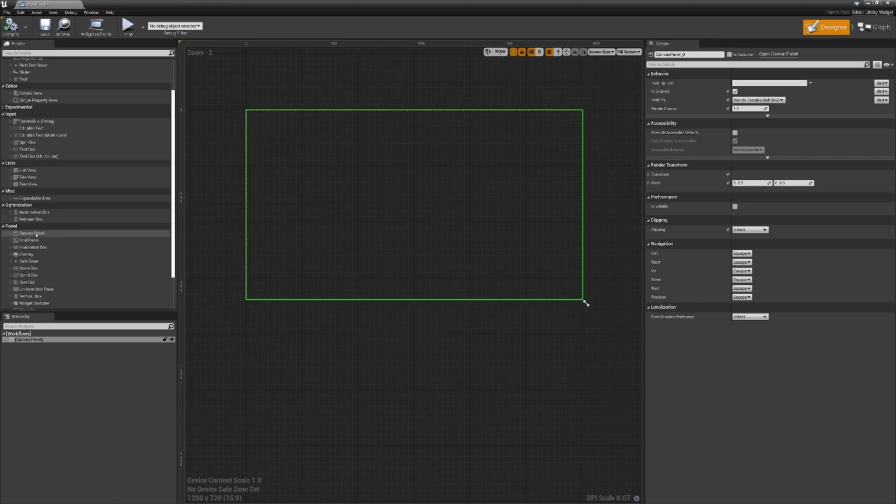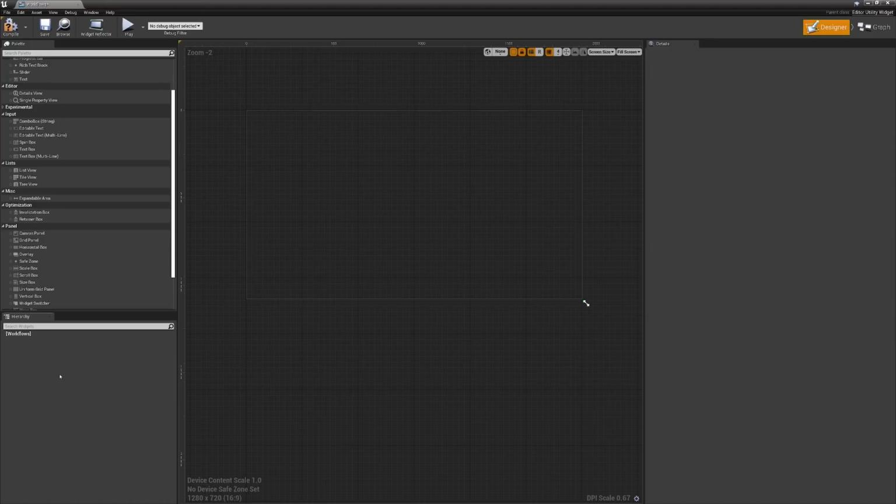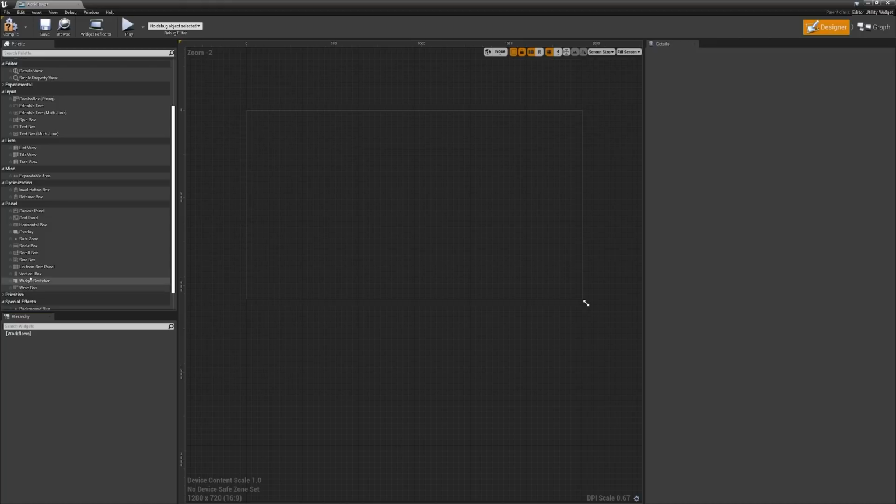Down at the bottom, you'll see it's initially set up as a canvas panel, which is great for adopting the screen ratio. However, for our purposes, we will want to create something with a little more structure to dock into our editor. I'm going to switch that up by right-clicking, selecting Delete, and then I'm going to drag and drop the vertical box into my workflows.